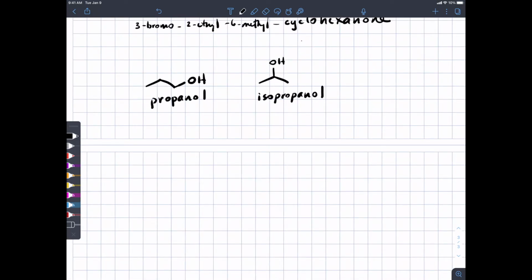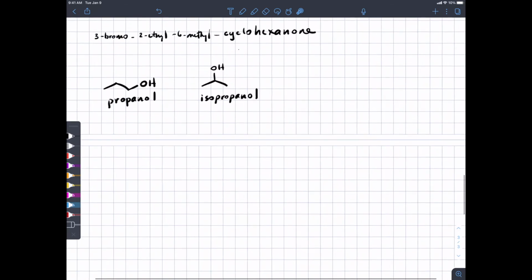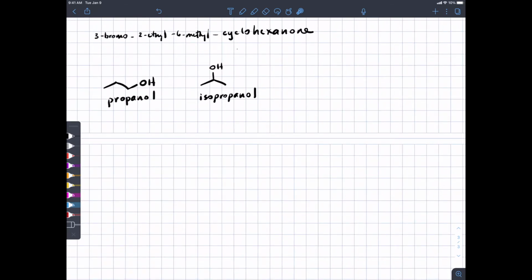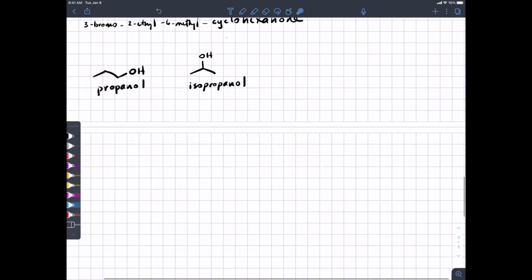And the reason it's called isopropanol is because it's an isomer of propanol, and it's the only other isomer that's possible. But that sort of iso nomenclature persisted to the point where sometimes if we have this, and this is again our 1, 2, 3, 4, 5, 6, this is hexanoic acid,